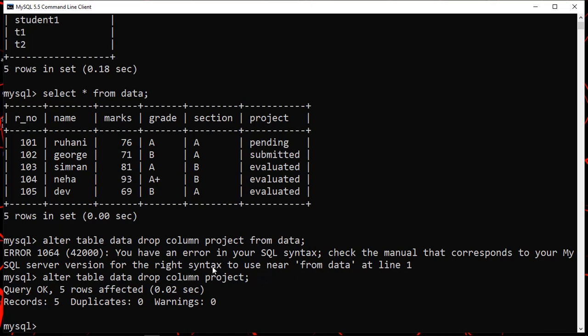Now see what we did earlier: we wrote the command ALTER TABLE data DROP COLUMN, then the column name, and then we wrote the extra keywords FROM data. Why is that wrong? Because we have already mentioned that we are going to alter the structure of data, so we don't need to mention FROM data again. Here we have removed that part and written ALTER TABLE data DROP COLUMN project, and then pressed semicolon, and now you are up with the output. If you want to check, you can check. SELECT * FROM data;